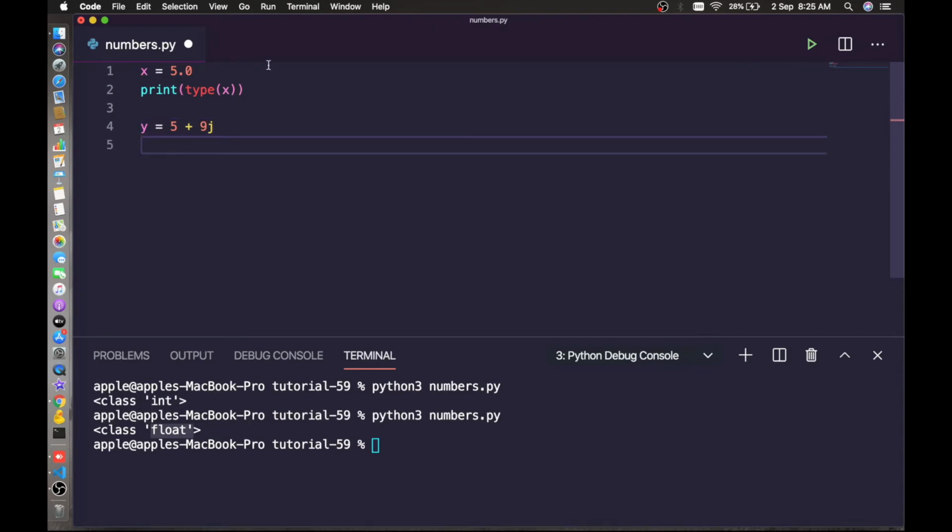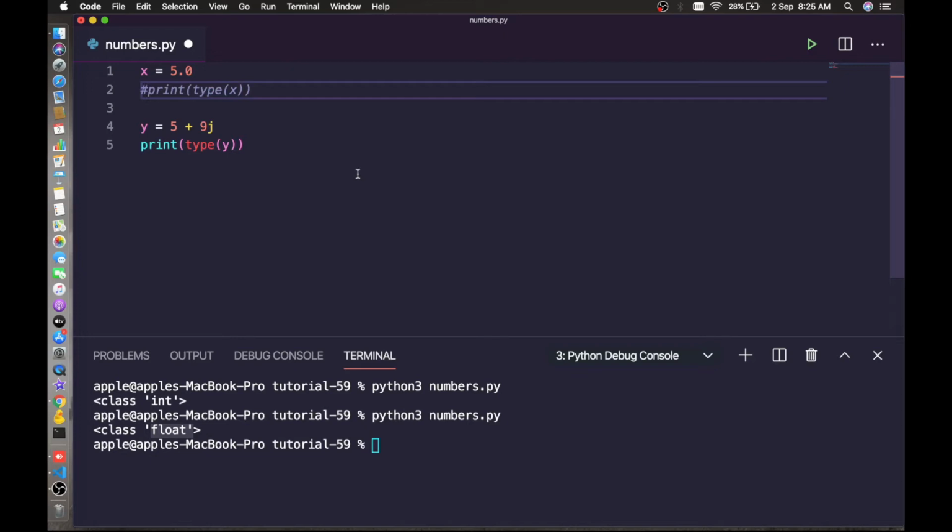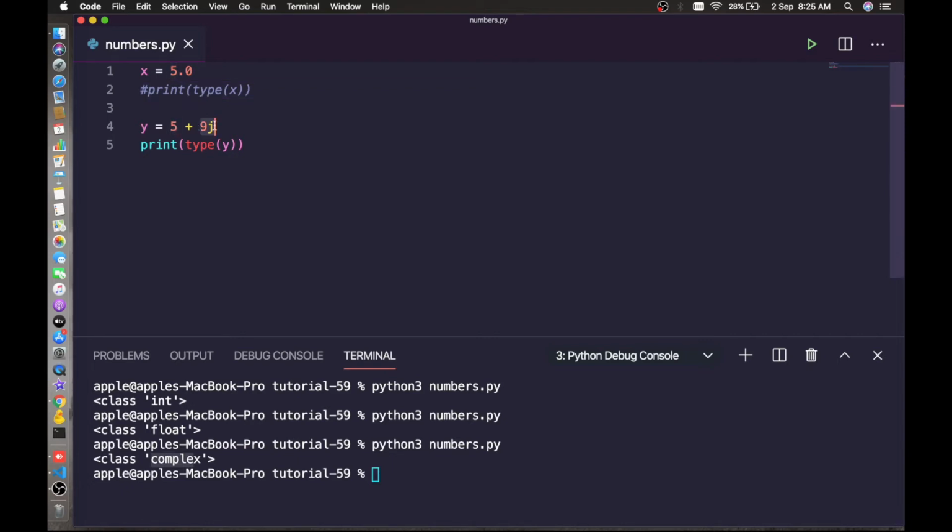Let's print the type of y. Let's run this one. Yes, this is a complex number. The first part is real and the second one is the imaginary part of the particular complex number.